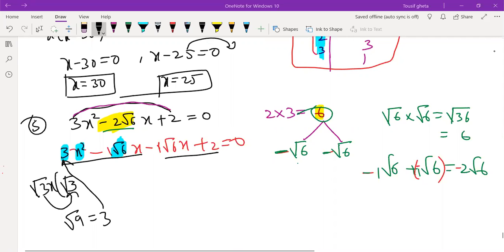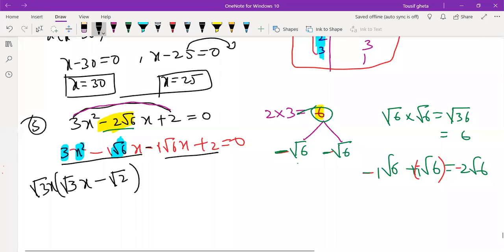So let me erase this a little. It is taking time. Okay, got erased. Okay, this also got erased. Fine. So root 3x into root 3x will get 3x square, minus is a minus. Root 3 into root 2, root 3 into root 2, root 6 will get. Very good.